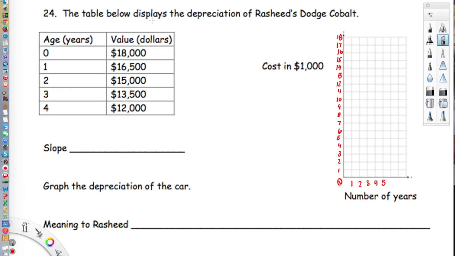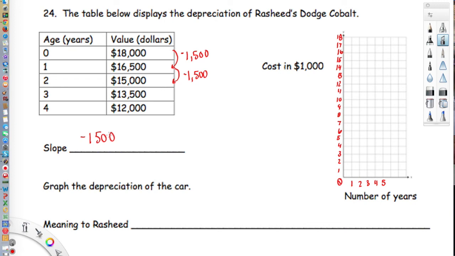Let's take a look at the last problem together, number 24. It says the table below displays the depreciation of Rashid's Dodge Cobalt. Here we see the age of the car. It starts out 0 years old, which is brand new, and then it increases in age. And over time, we see that it is depreciating. The value of the car is going down $1,500. So that's a negative slope. Every year, it goes down another $1,500. So we say the slope is a negative